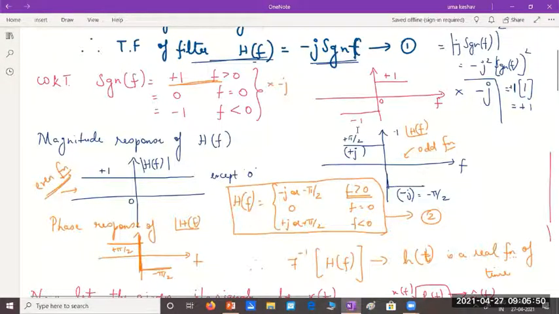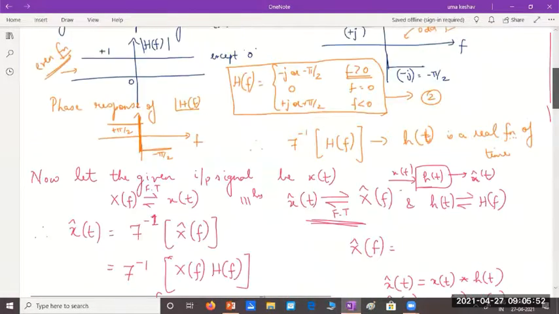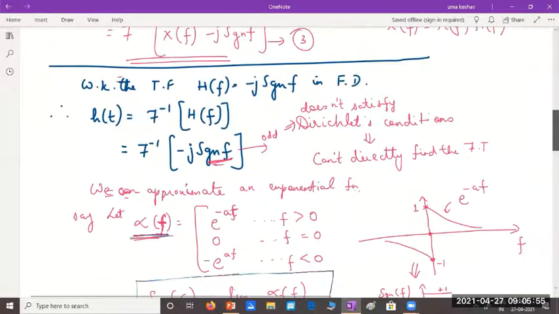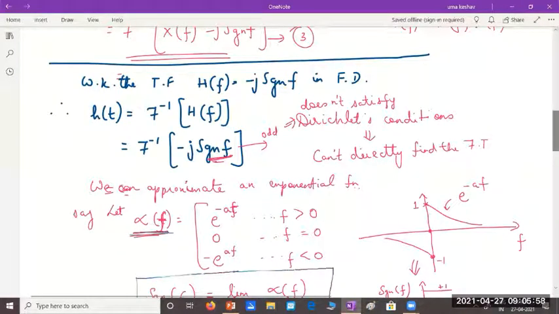All this we saw, and then we tried to convert h of f back from the frequency domain to the time domain. First we assumed a function for the filter h of f which should give us a 90-degree phase lag. We assumed that function as minus j signum of f, which was very appropriate. We saw we easily got a 90-degree phase lag, right? After assuming that, all we did was try to convert that h of f back to the time domain, or get back h of t.